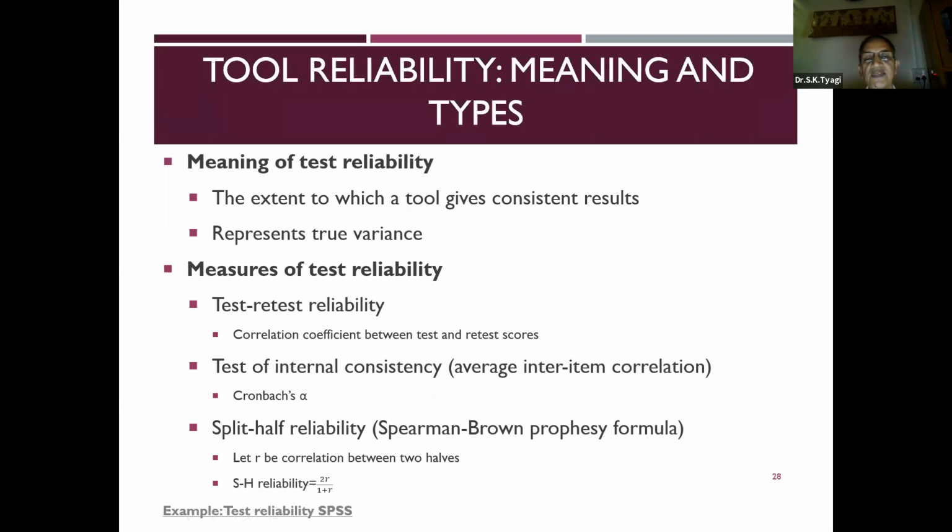The second administration results may be affected by many factors, by memory and forgetting, by the history of the subjects. So this is fraught with many difficulties.